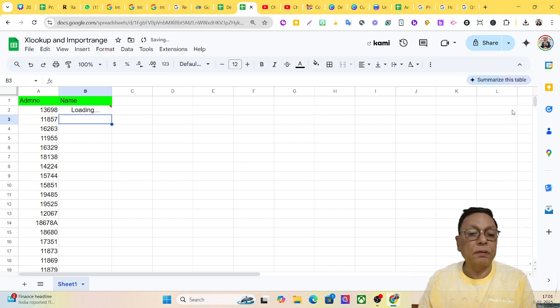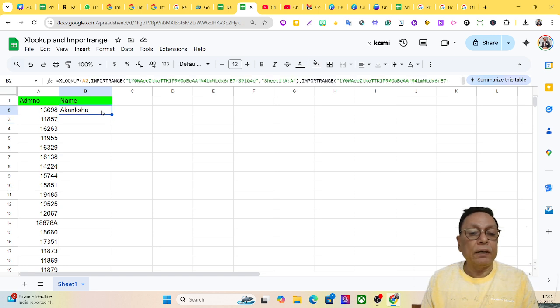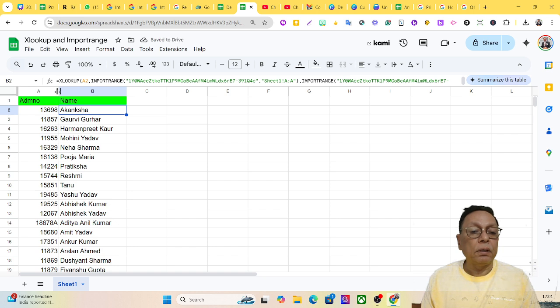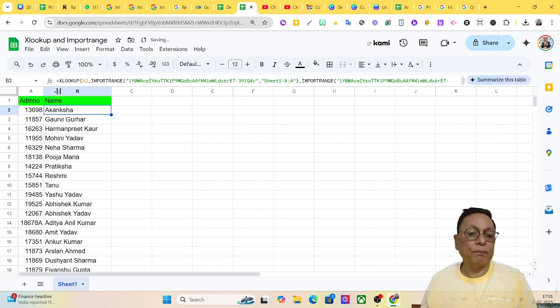Let's see what happens. It is loading the names. The first name is this, and if I double click on this, it will give you the entire list of the names. This way we can apply Xlookup along with the import range. This is the search key, and in this range I want to search this key, and from that sheet I want to fetch or import the data, and this is the ID of that sheet,